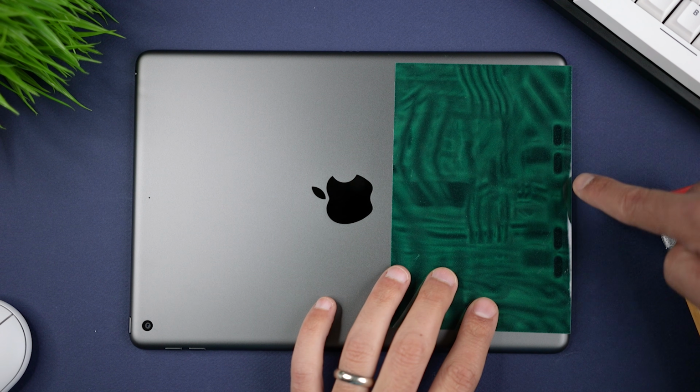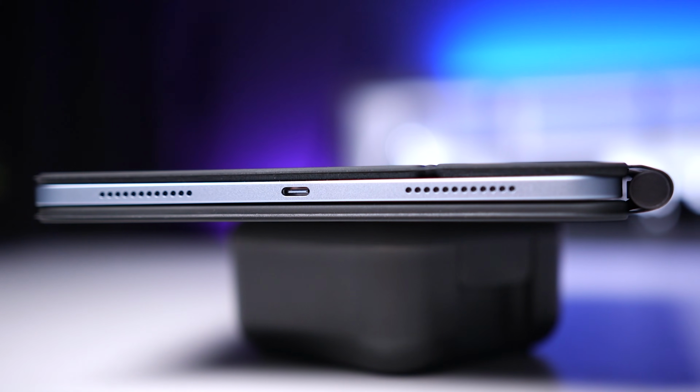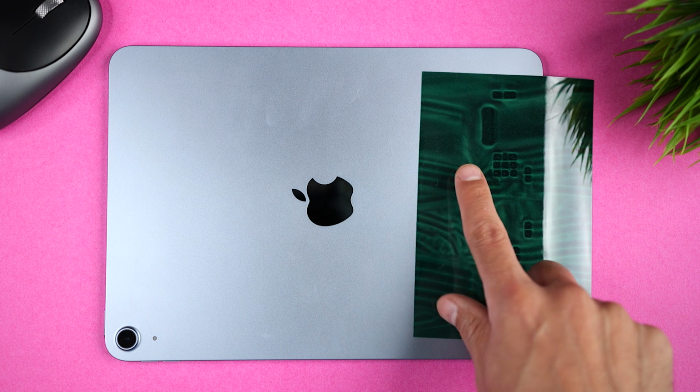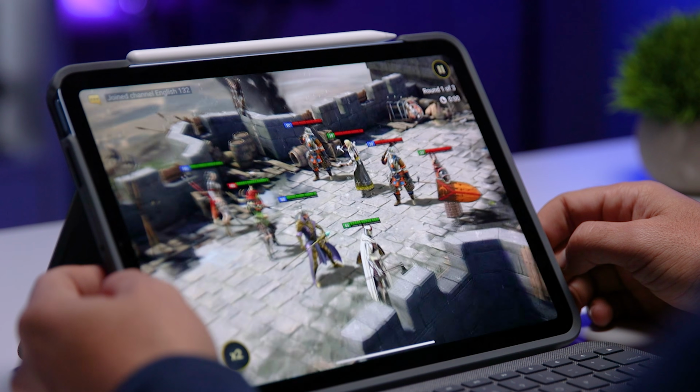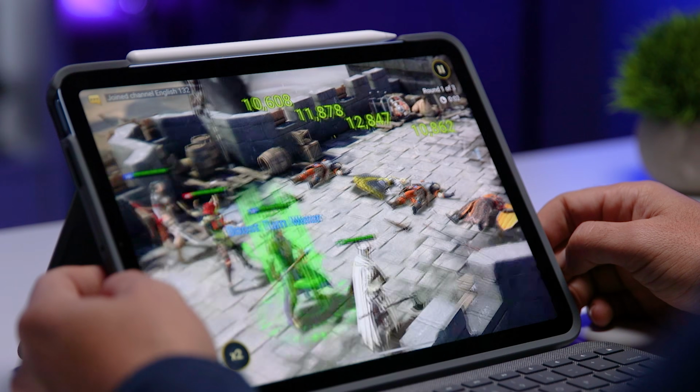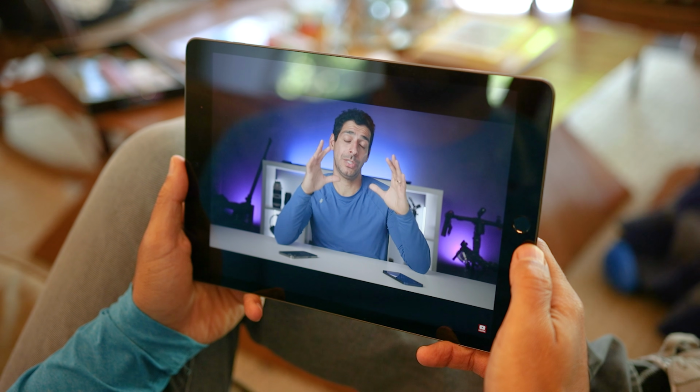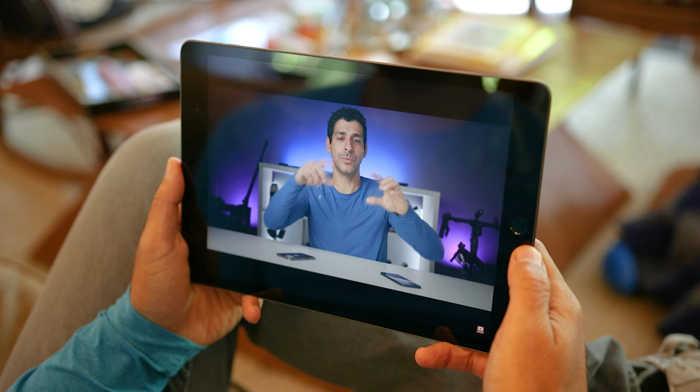When it comes to audio, the iPad 9 has speakers just on the bottom, and the iPad Air 4 has speakers on the top and the bottom. So when you're holding it in landscape mode, you're getting stereo sound. When you hold the iPad 9 in landscape mode, then you're only getting sound to come out of one side. Overall, the iPad Air 4 sounds much more rich and full, and it's a noticeable difference. So if you plan on using the speakers a lot, it definitely has the advantage.